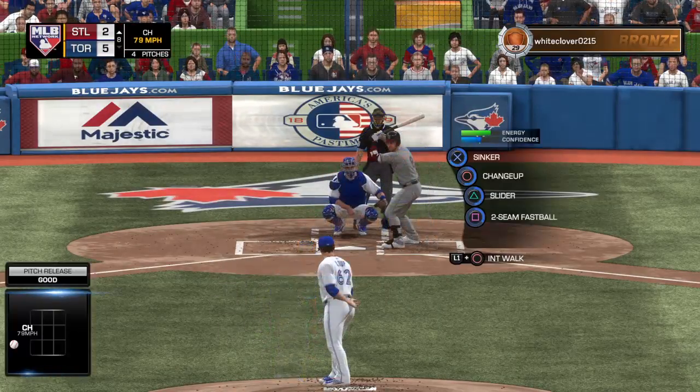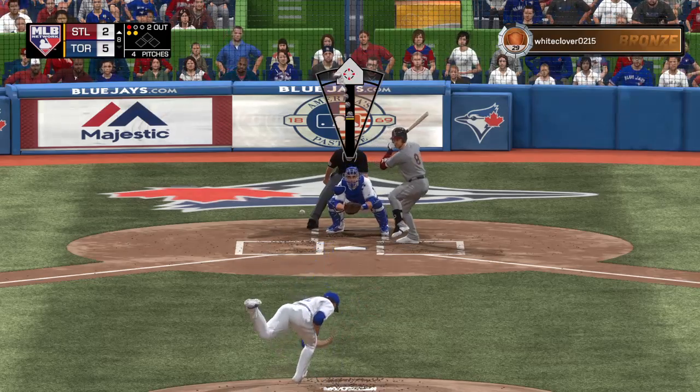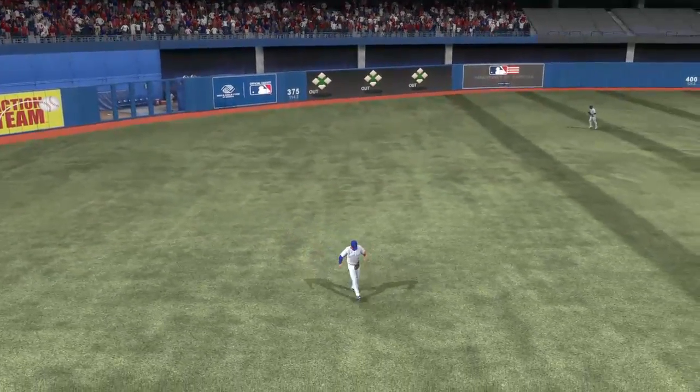A little bit off the outside. It's 1-2. Well, there's that classic strikeout pitch. The changeup down just didn't get him to go after it. Line drive to left. Bryant is there, and he'll make